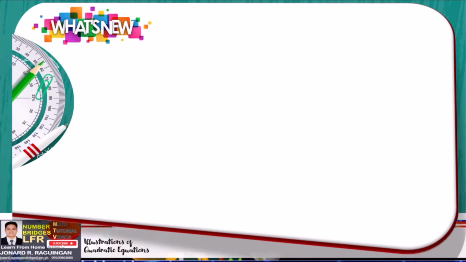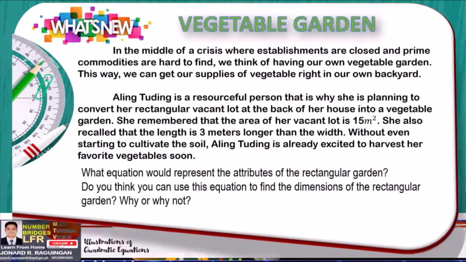Let's consider this problem. In the middle of a crisis where establishments are closed and prime commodities are hard to find, we think of having our own vegetable garden. This way, we can get our supplies of vegetables right in our own backyard. Aling Tuding is a resourceful person. That is why she is planning to convert her rectangular vacant lot at the back of her house into a